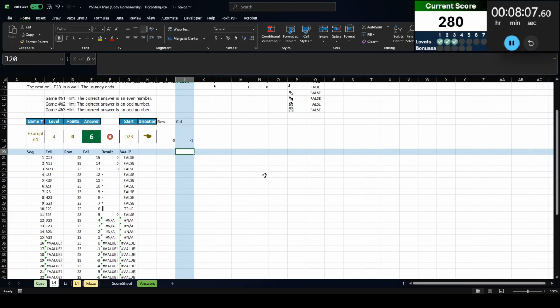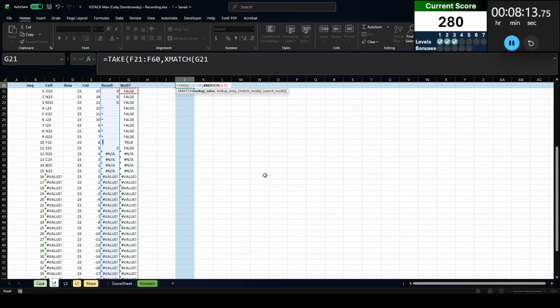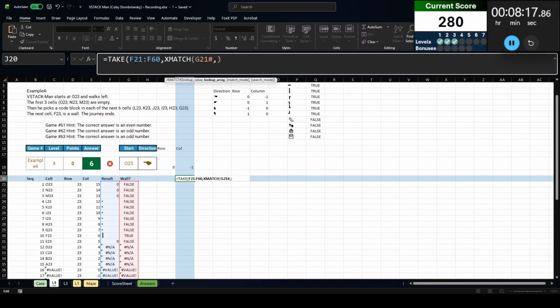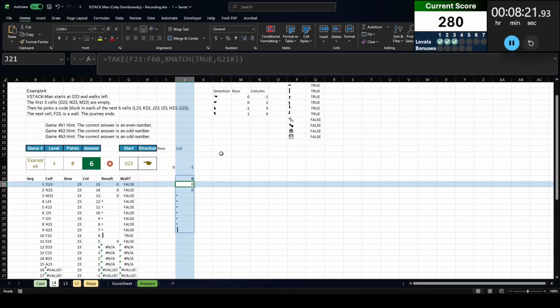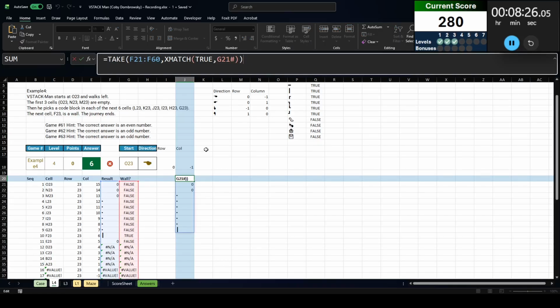Okay, so get the number of code blocks. We're going to take the result. We're only going to take however many rows until we hit true. I just did that backwards. True goes first. Okay, so that should be how many of everything I get. Very good. And then equals this